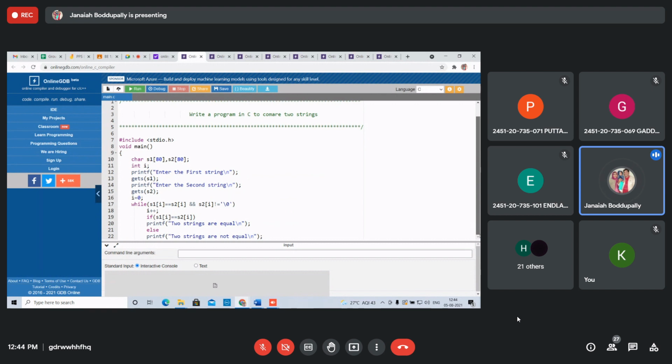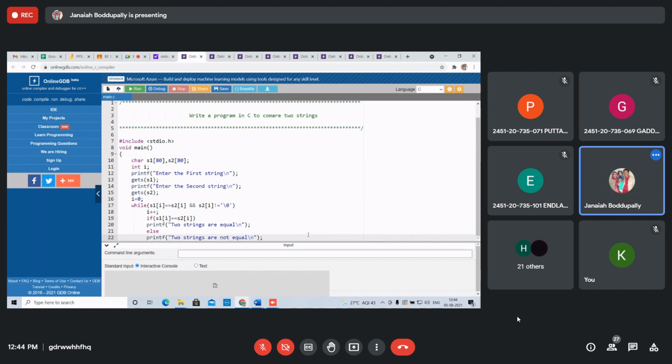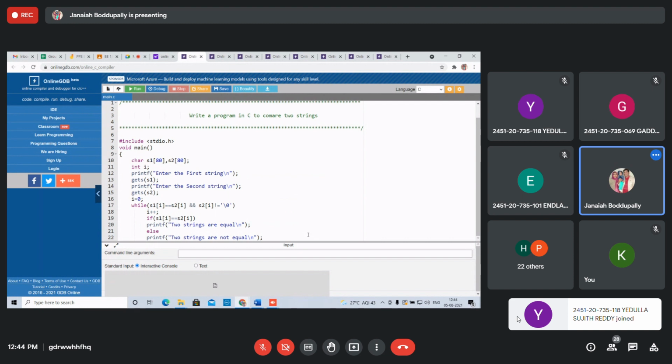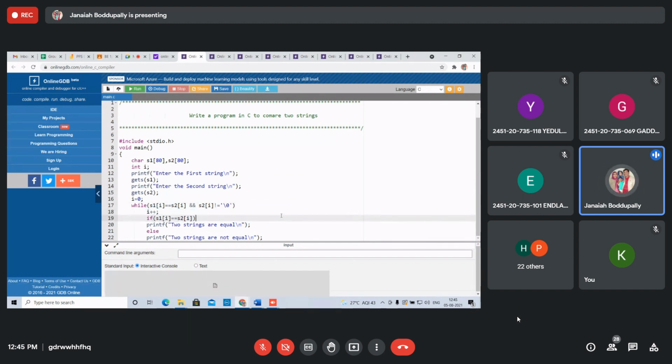Students, so you are reading the two strings. If two strings are equal, then display it. In this case, each s1 of I, s2 of I, the first character is compared and both are equal.